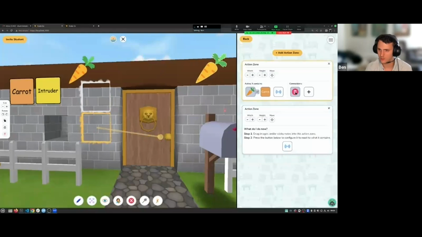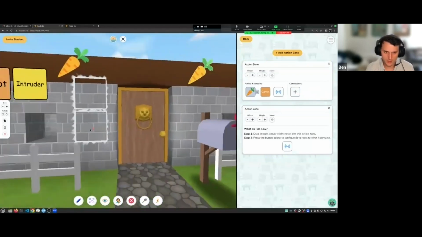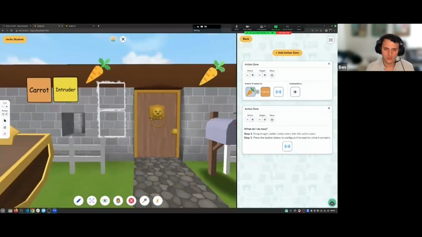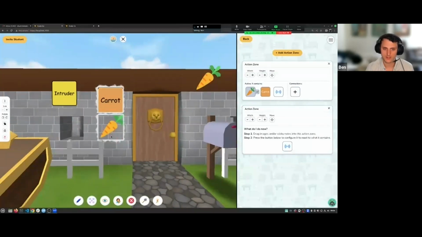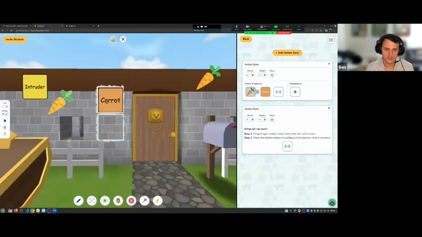I'm going to delete this connection. And what I'm going to say is I want this door to open only if the student puts the sticky note carrot at the top and the image carrot at the bottom. Right, so I really want to have this combination set up so that this is the right answer I'm looking for, basically. And the way you're going to do this is, of course,